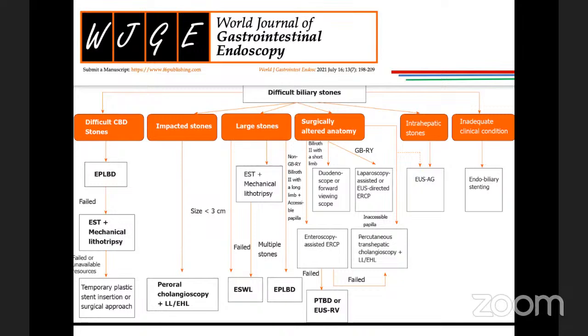But the important thing to learn was that the stone with the wire or mesh on top of it was impacted in such a way that even at open CBD exploration, it was not easy to remove. Because it tends to get locked in somewhere and a bit of tissue comes in the wire. And then you have had it. You can't move the stone anyway. That was one experience that was worth sharing, and you demonstrated very rightly, that mechanical lithotripsy to the wire can possibly solve the situation.